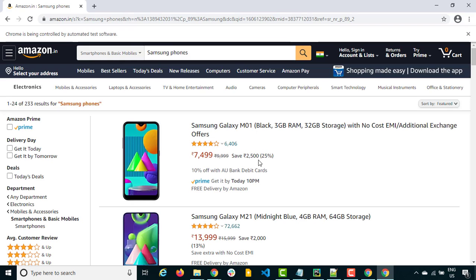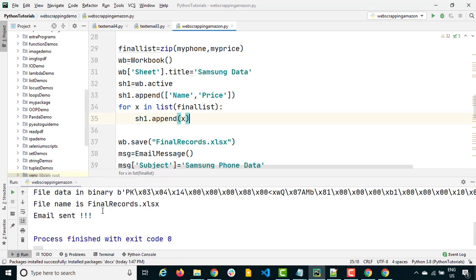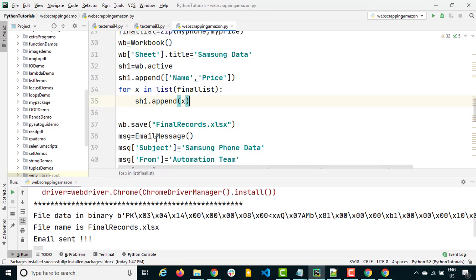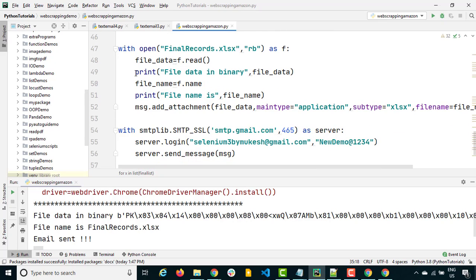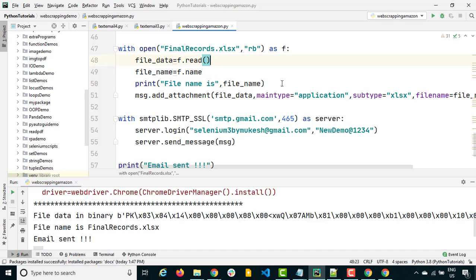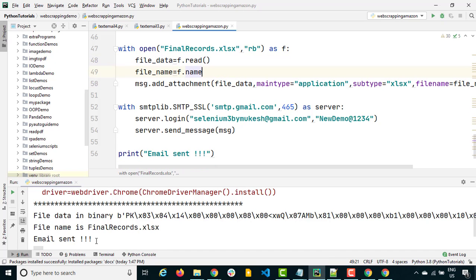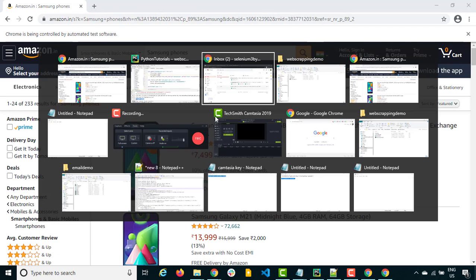So yes, it's done, guys. If you just go and check, it says final. This is, from here it is coming, right? I'm printing the file data name, which is not required. I can remove it. I can just remove this also. Final is email sent, and if you see the email,